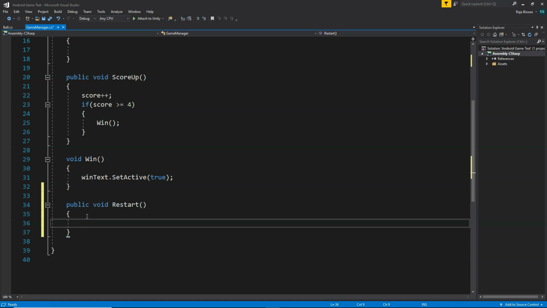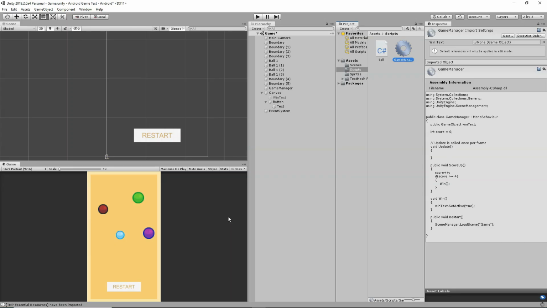Okay. So inside here, we're going to write SceneManager.LoadScene. And for the name of a scene, you need to simply write the name that you have given to our scene. In this case, I have given the name Game to our scene. So I'm going to simply write Game, and you need to write it exactly as you have written. Alright. So now whenever the restart function gets called, our game will be restarted. So let's go back to Unity